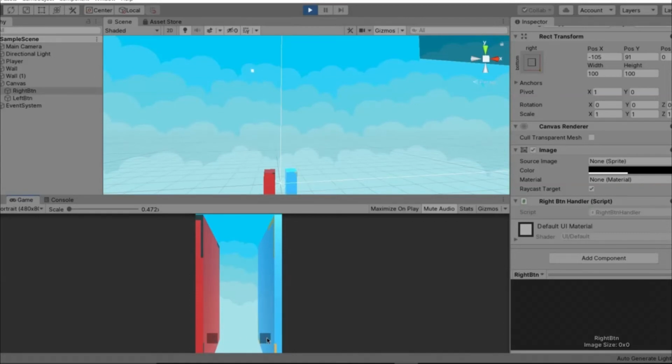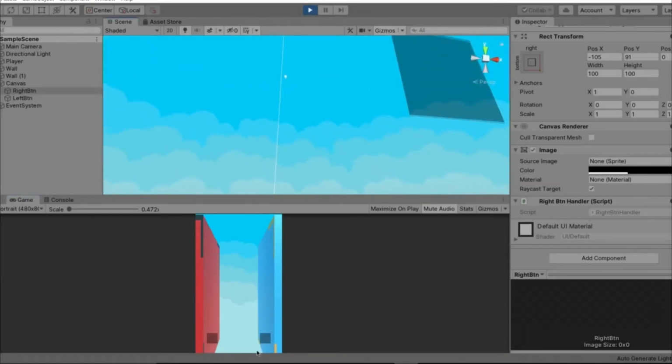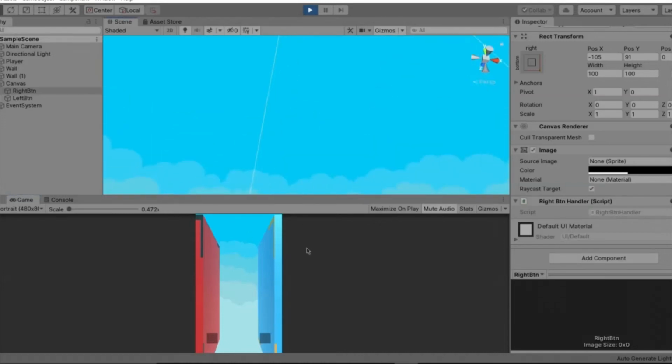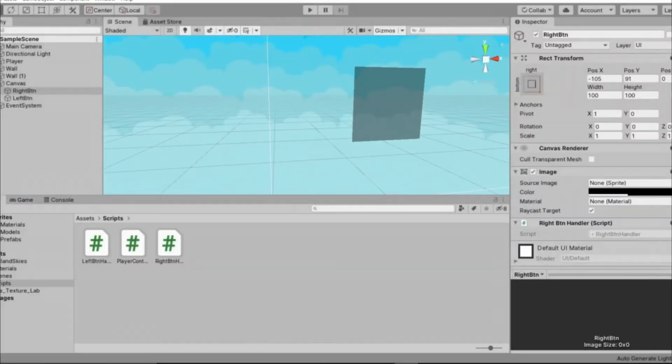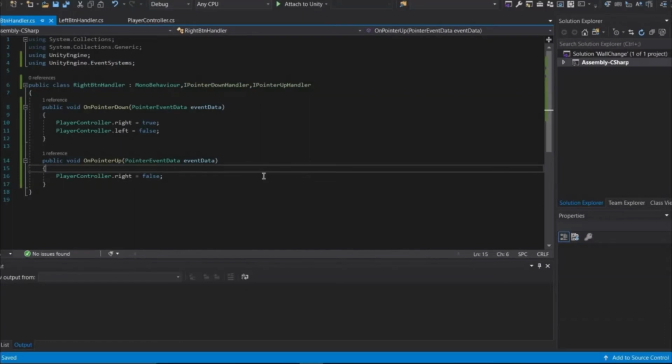But you have to restrict the player's movement if it reaches the wall, guys. Because it goes on and on if I keep pressing the right button, and it goes on and on if I keep pressing the left button. So we need to restrict the movement of the player. There are several ways in which you can do it. You can actually use the collider to let the collision happen and the player won't go any further. But instead of collider, we can use another